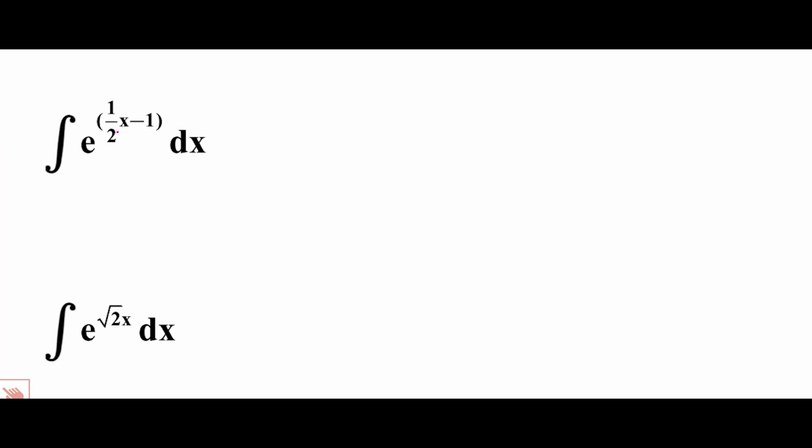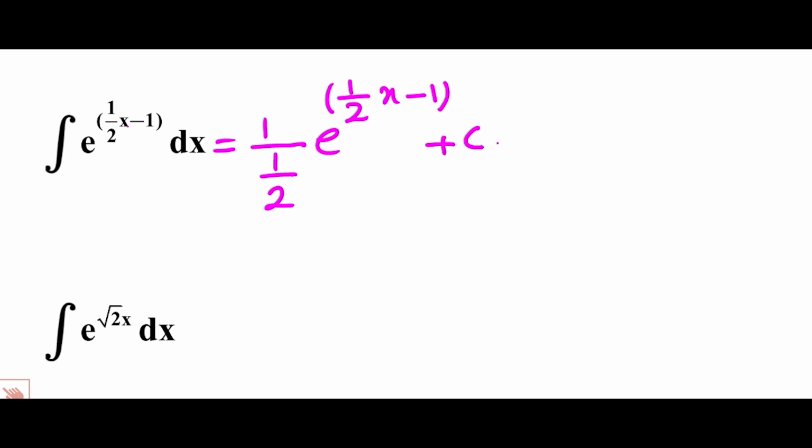Or the integral of e to the 1 half x minus 1. The derivative of 1 half x minus 1 equals 1 half. So we have 1 over 1 half e to the 1 half x minus 1 plus c. So we have 1 over 1 half equals 2, so 2 e to the 1 half x minus 1 plus c, because